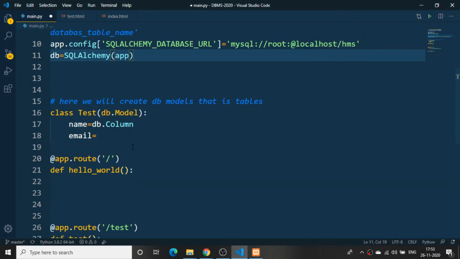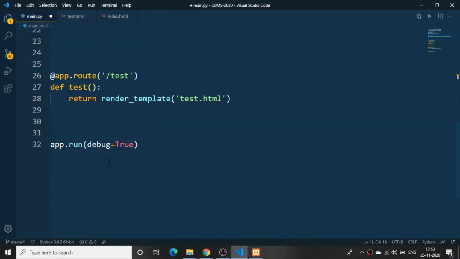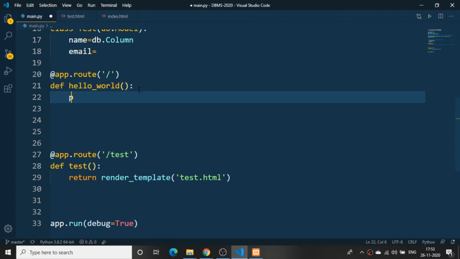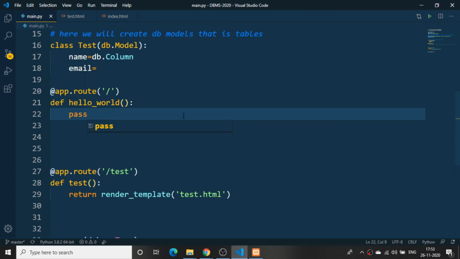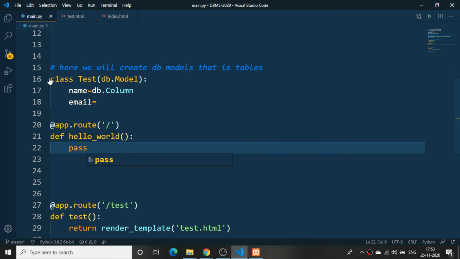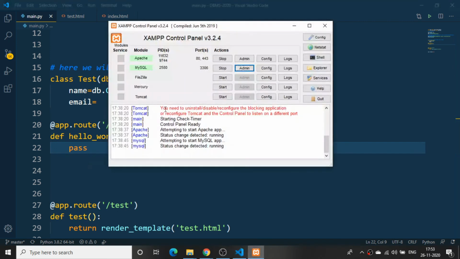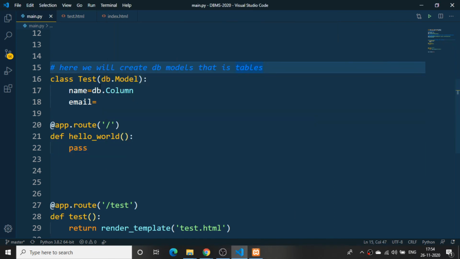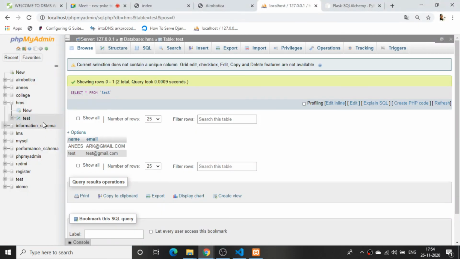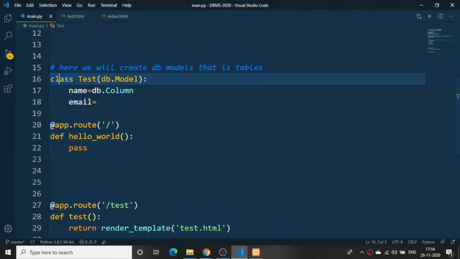So what I did here is, I'll pass the function, and it should not give any errors. I need to get all the data from the database server to our application. To get that, we need to initialize the database table name. So the database table name is test. Here I have given the class name with T as a capital.